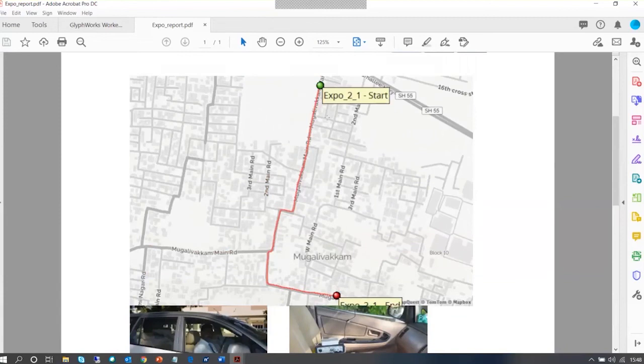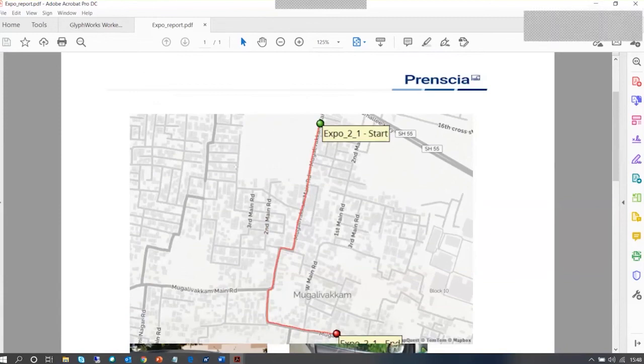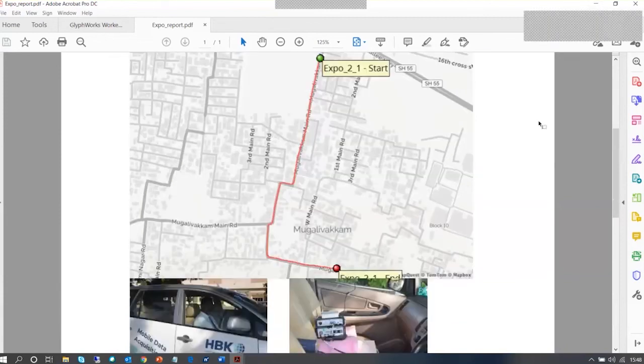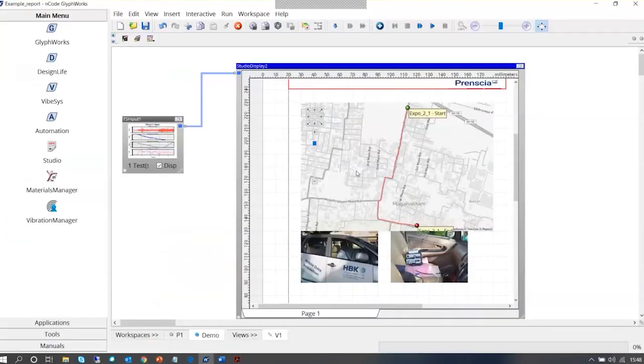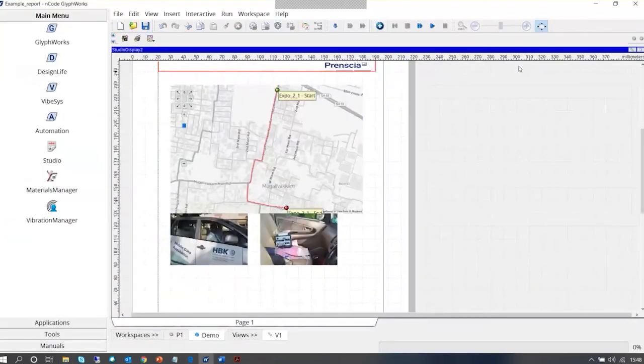Okay. So you can modify this. If you are not happy with this kind of orientation, you can modify this in the studio as well as you can generate the report, okay, as a one-click report. So this is one. Coming to